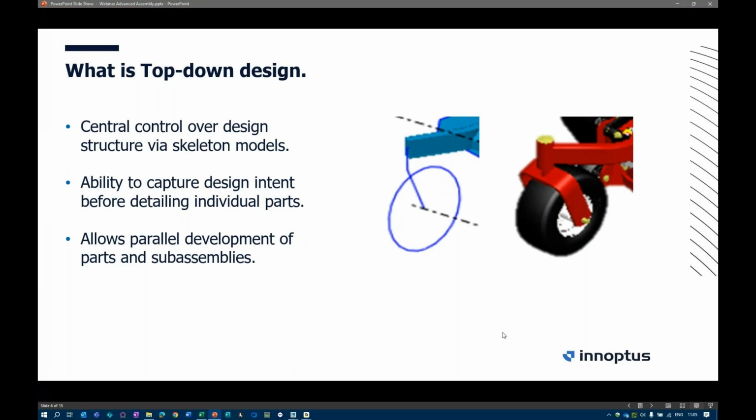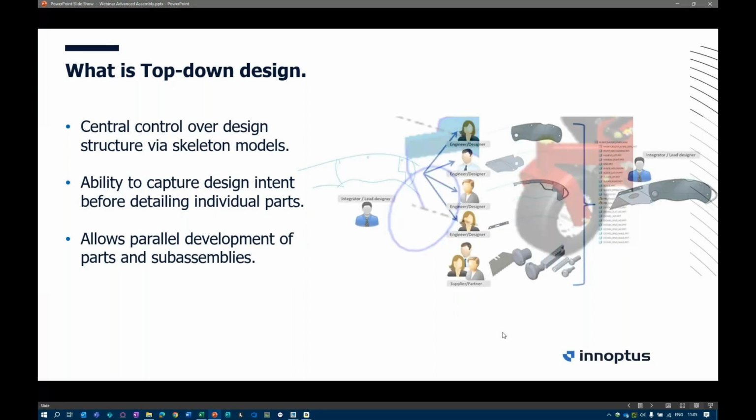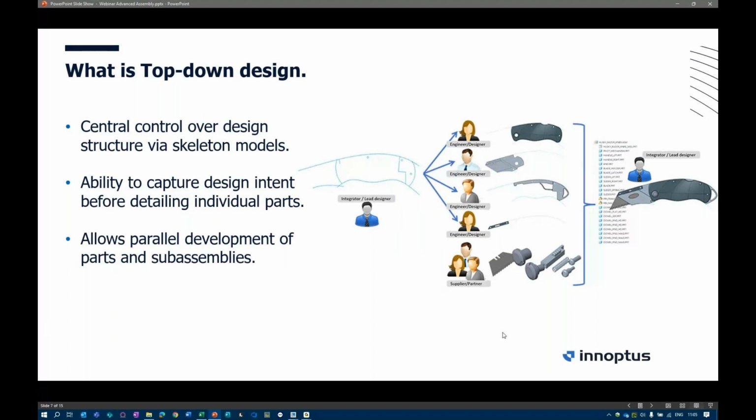Yeah. And a third big item which we can tackle with top-down design is, of course, larger sub-assemblies and working with multiple people together. Here's an example of a knife that is developed, and the lead designer defines the skeleton with some lines in it, and then different people, one works on the handle, other works on metal parts, the cutting part itself, and different people work on different parts, which in the end results into an end part which is designed by multiple people,